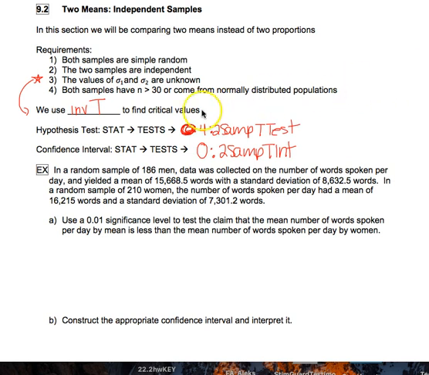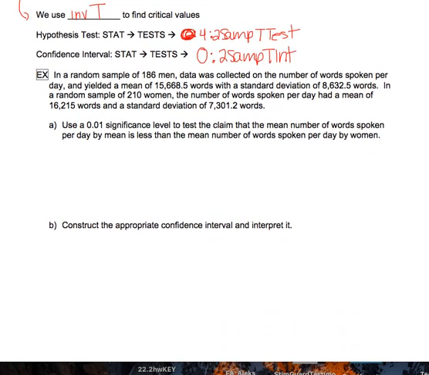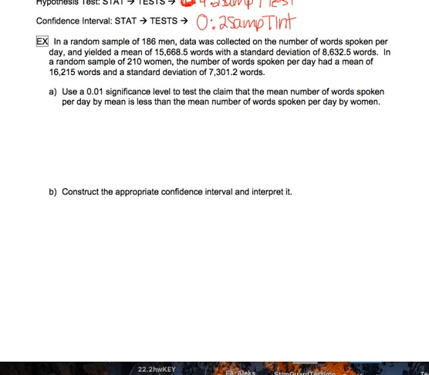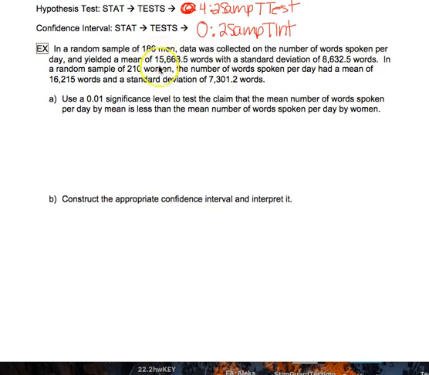Much like with 9-1, because we're pretty much doing the same thing that we've been doing in chapter 7 and 8, I'm really just going to go through one example. So in a random sample of 186 men, data was collected on the number of words spoken per day and yielded a mean of 15,668.5 words with a standard deviation of 8,632.5 words. In a random sample of 210 women, the number of words spoken per day had a mean of 16,215 words and a standard deviation of